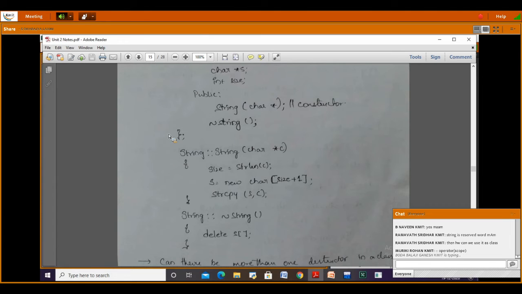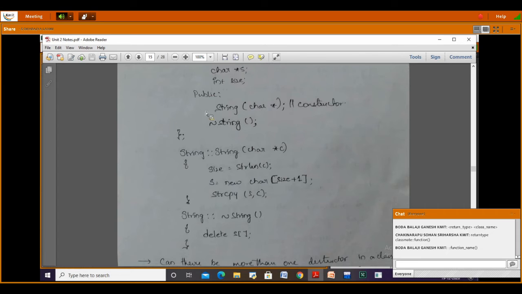We write the member function outside a class by following the syntax: return type, class name, scope resolution, and member function name. In case you have any parameters, we are going to include those.